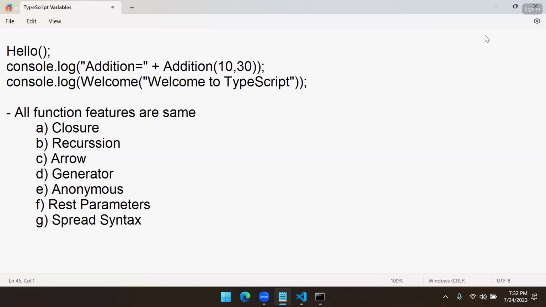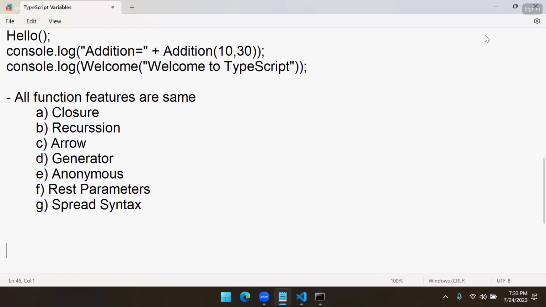Only one point extra. What is that? Data types. And all other concepts are same. Only one thing you need to remember is whenever you write the function, make sure that the function is having a return type defined and the function parameters are having a data type. The rest of concepts are same. Now here some important rules you have to know. What are the rules is actually,